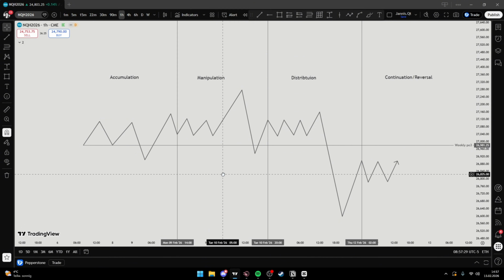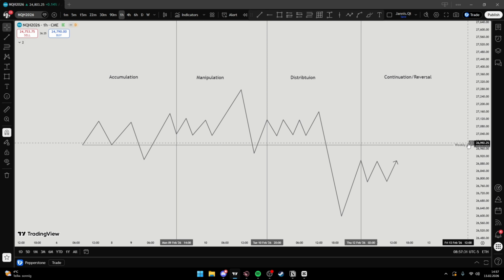Yeah, but what I want to talk about is that, as you guys can see here, if that is the open of the weekly PO3, we have an accumulation day, we have a manipulation day higher, and what do we have after a manipulation which goes higher? We obviously have distribution lower. And what I want to talk about is how you can align the weekly PO3 with the daily PO3,